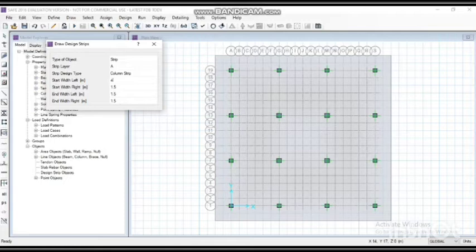In left right and end width also left right as 4 meter. Draw the strips layers in A, that is in X direction first.